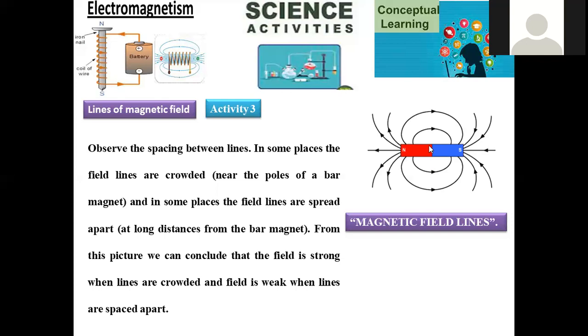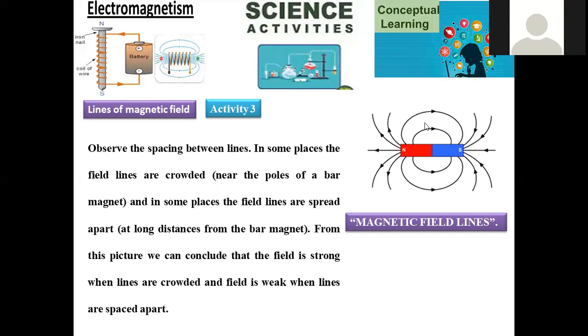In a similar manner, here also, when a bar magnet is considered, wherever poles are present, the origination of field lines is possible. Different lines originate here, where the density of the lines is extremely large, so the strength of the magnetic field is more at the poles.